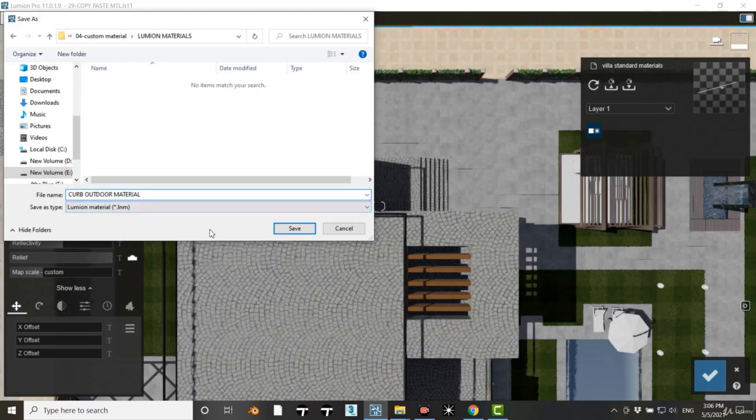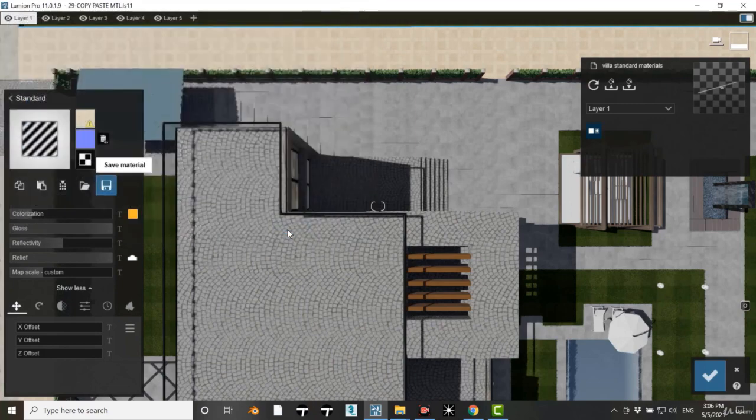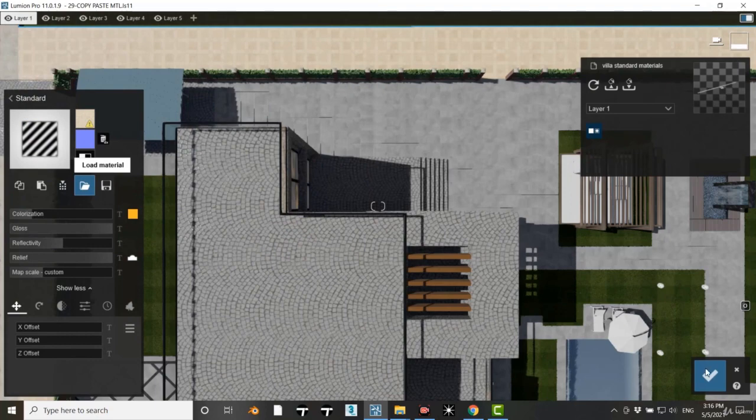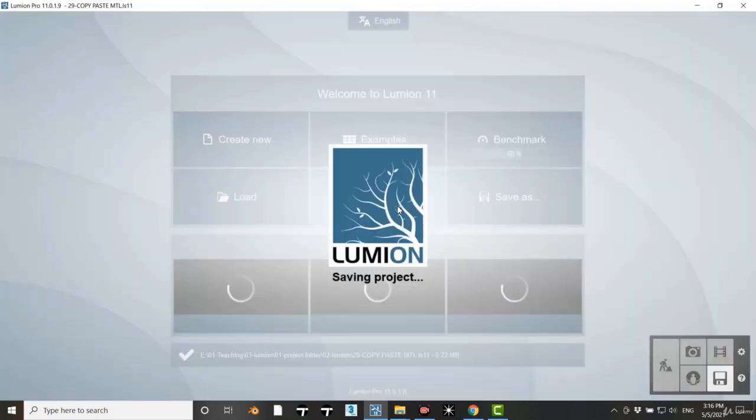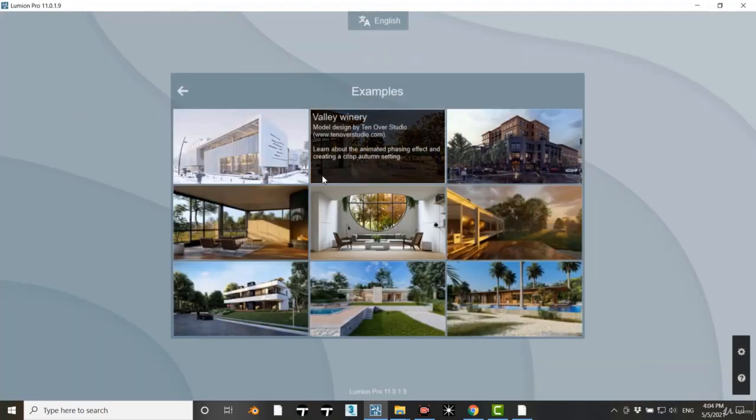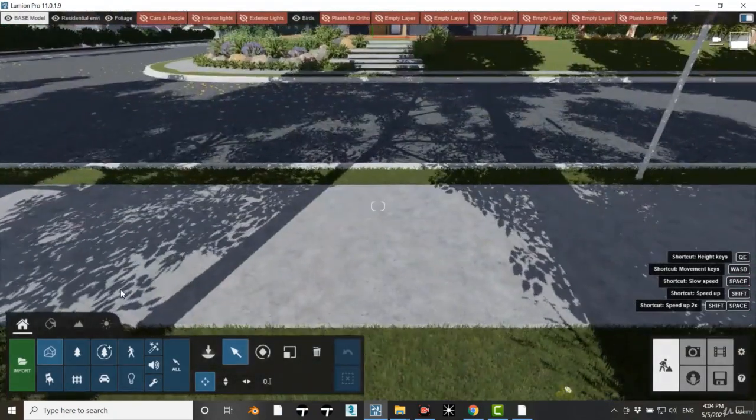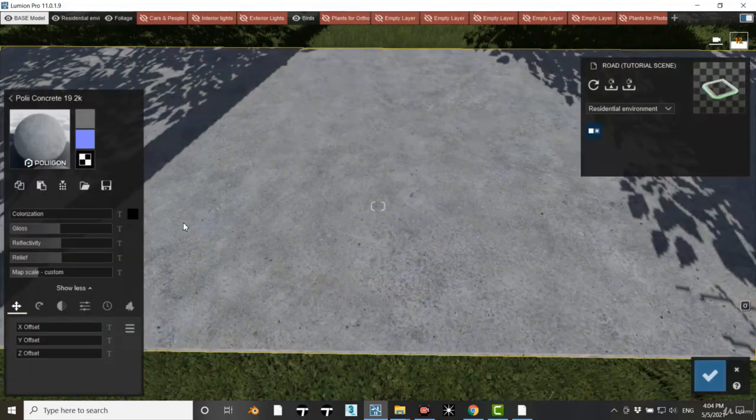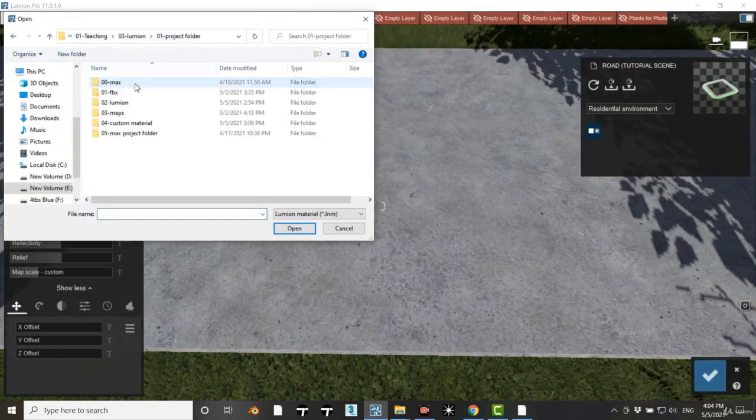curb outdoor material.lnm and press save. And now anytime I need this material, just press load and navigate to that folder and load it to my scene. Let me save my scene and open another Lumion scene. Go to Materials mode, select that curb object, press Load Material, navigate to